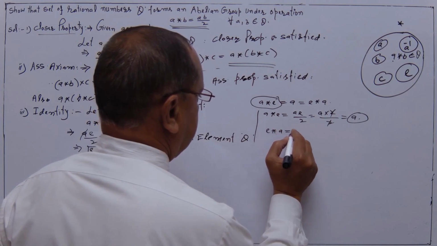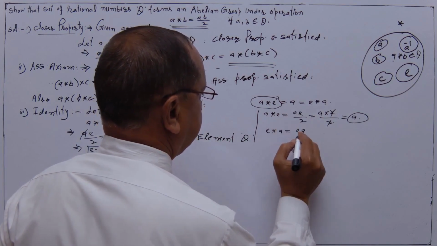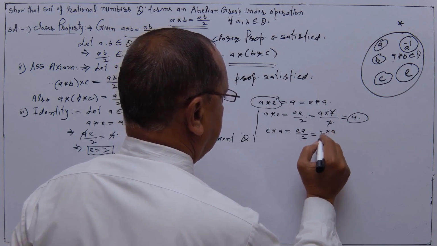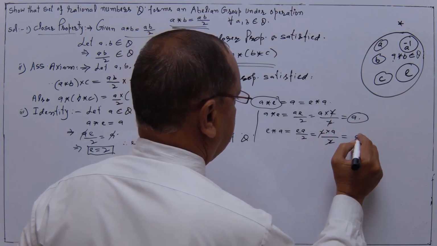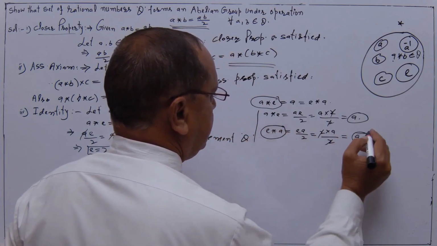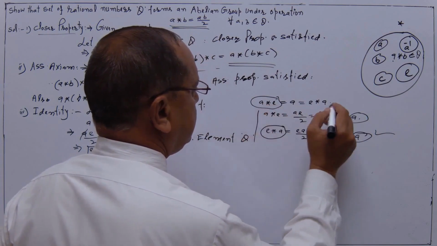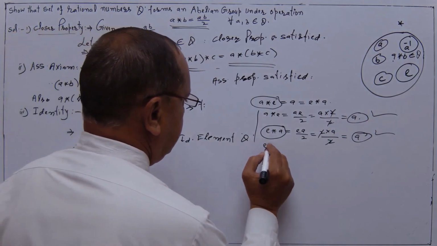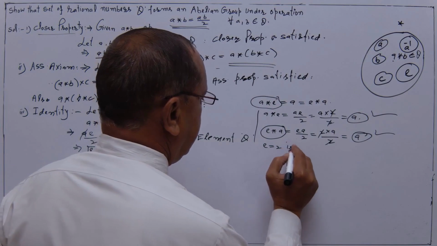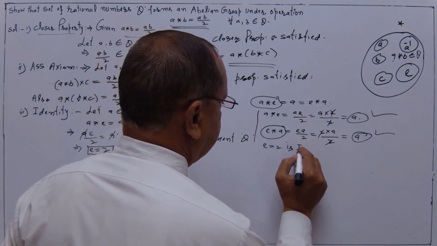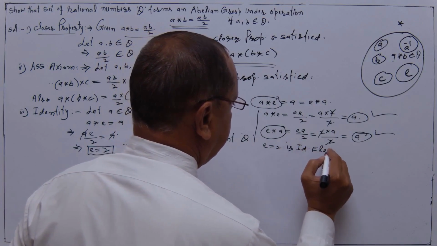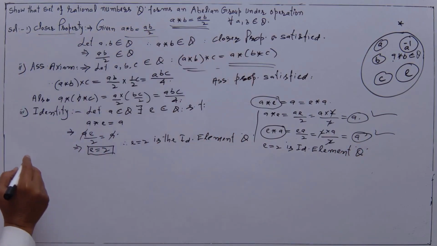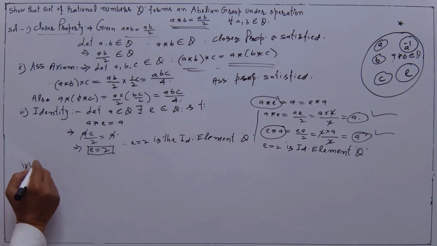अब this second है E star A, is equal to, ये आएगा EA according to this condition EA upon 2, but E is equal to 2, ये आएगा 2 into A upon 2, 2 and 2 cancel, again A, means value of E star A is A, value of A star E is also A, it means E is equal to 2 is the identity element in a set of rational numbers, ठीक।